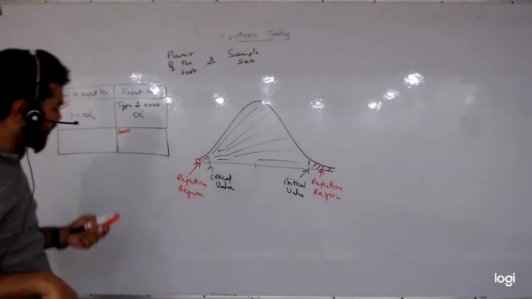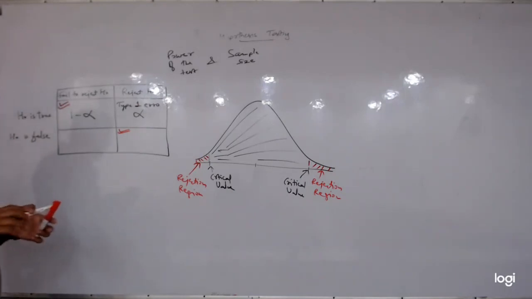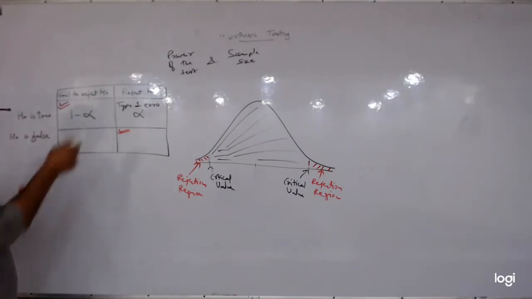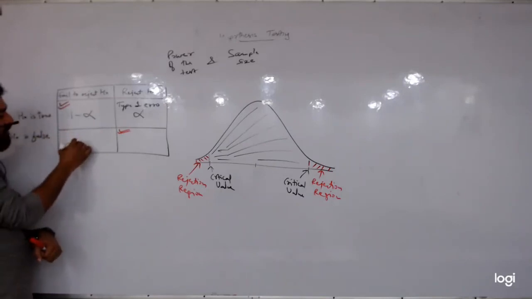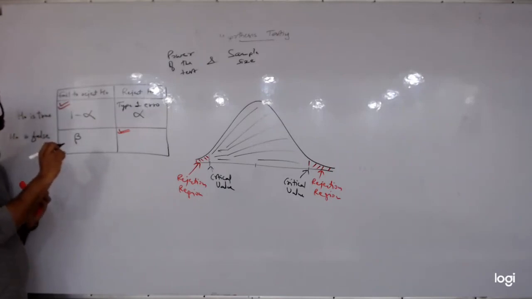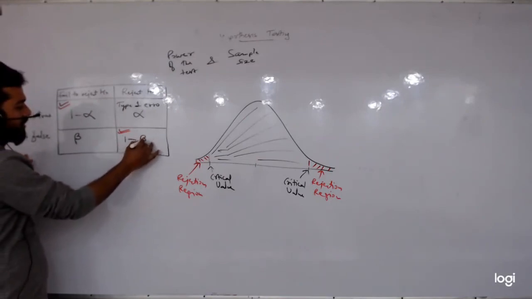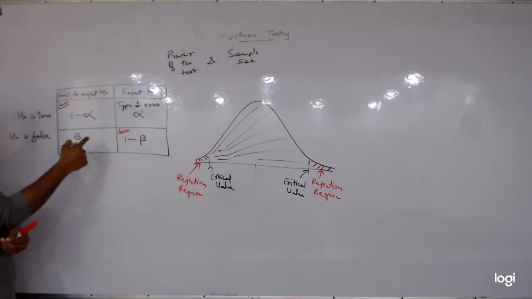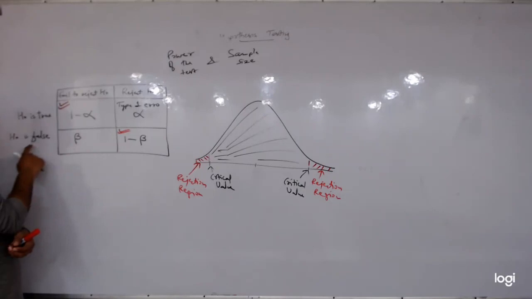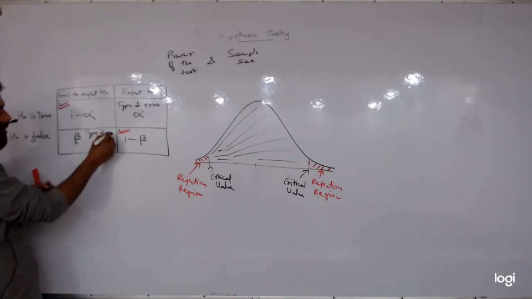and I'll explain after this slide how we actually get beta. But now I'll just say, if H naught is false and we still fail to reject it, that probability would be beta. Okay, and if H naught is false and we reject it, there are only two things we can do if it's false. If this is beta, this has to be 1 minus beta. Where's the error here? The error now is this. It's false, but we're not able to reject it. This is type 2 error. Okay, now I'll